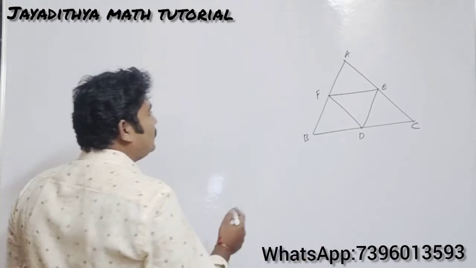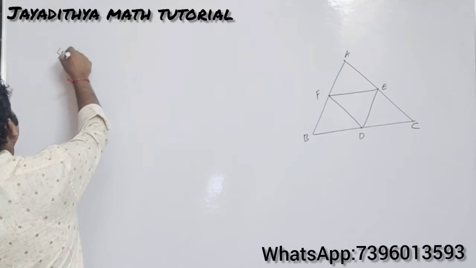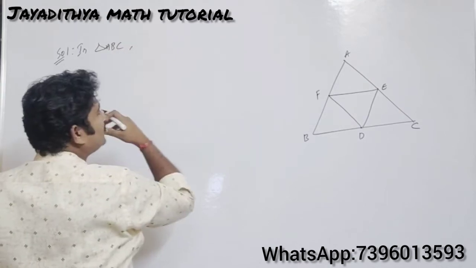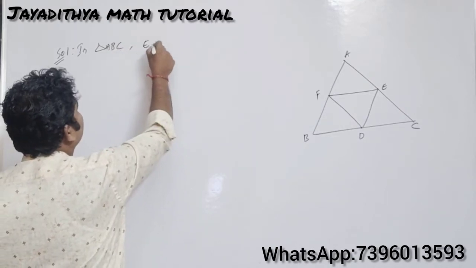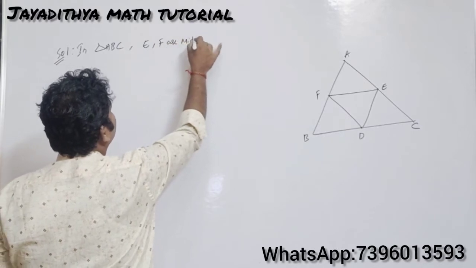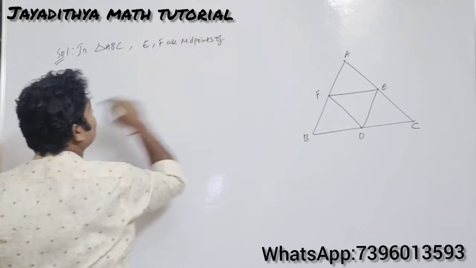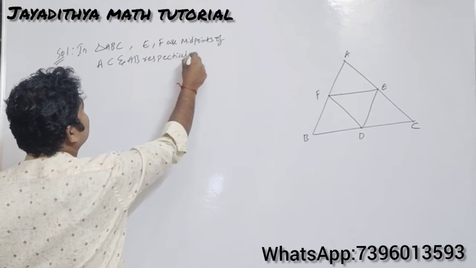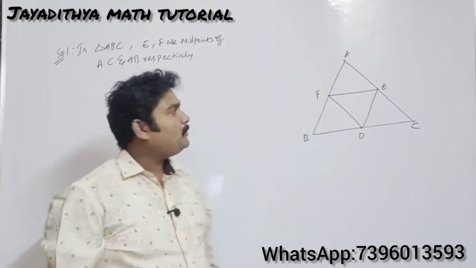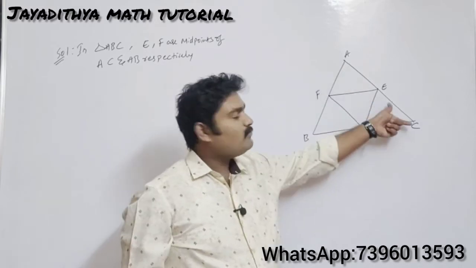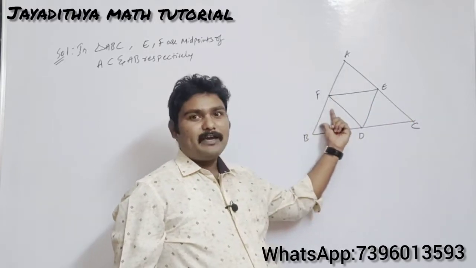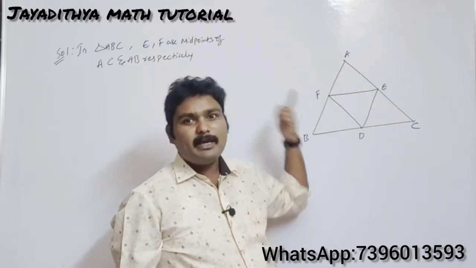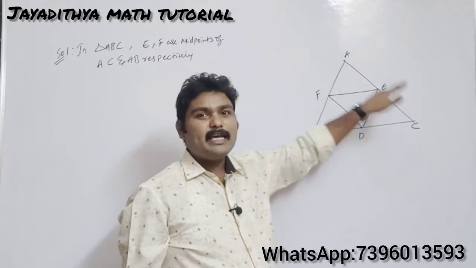So before that, let us observe here what happens. So in triangle ABC, you can write it as E comma F are midpoints of AC and AB respectively. Right now, if E and F are the midpoints here, what happens? So see here, AE will be equals to EC and AF will be equals to FB. So if you take the ratios there on both the sides, the ratios will be equal. Here it will be 1 by 1, and here also it will be 1 by 1. So AF by FB will be equals to AE by EC.